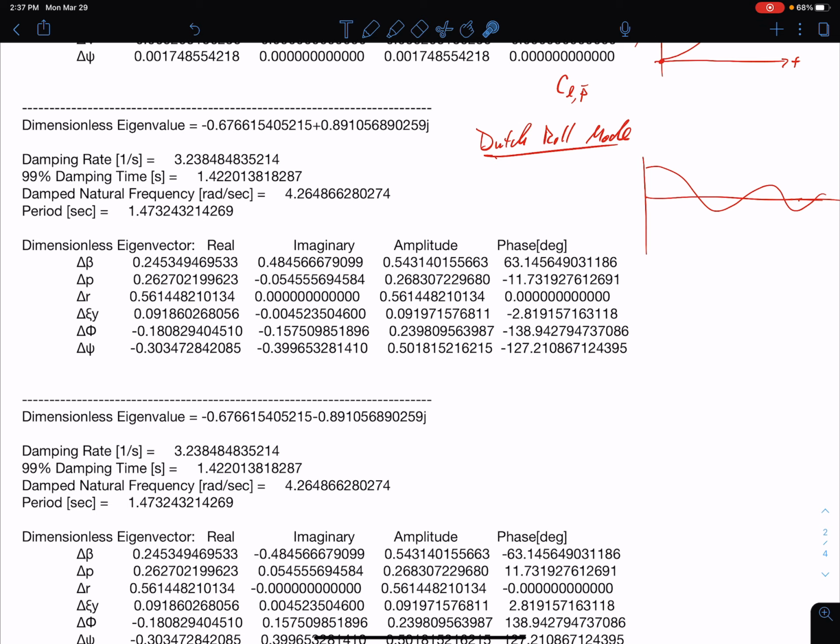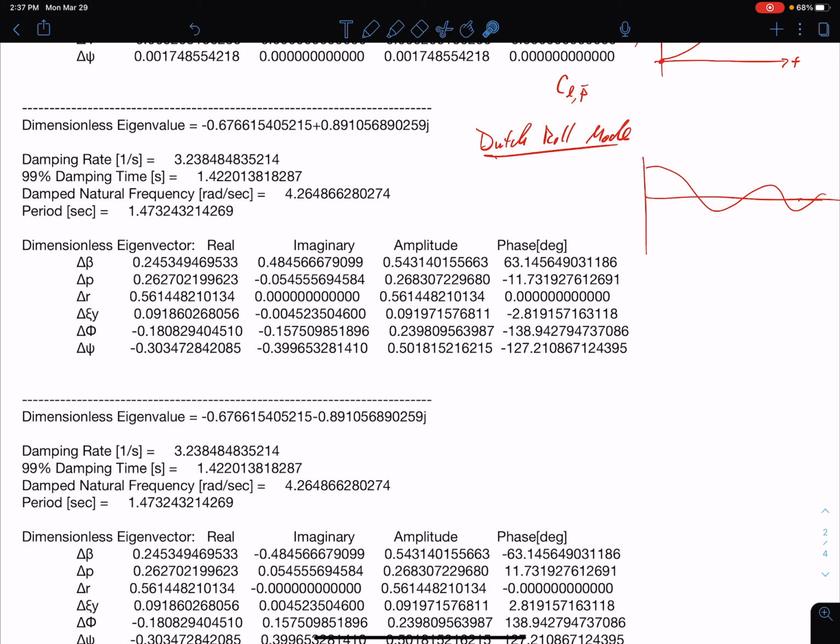But anyway, some of these are lightly out of phase, and it's just this complex fishtailing type of motion. Now this motion, I believe the name, the Dutch roll mode, came from ice skating, because this represented the movement that ice skaters did. They had a certain movement that they would make back in the day, and the Dutch were really good at ice skating, and so as I understand it, that's where the name of this mode came from,